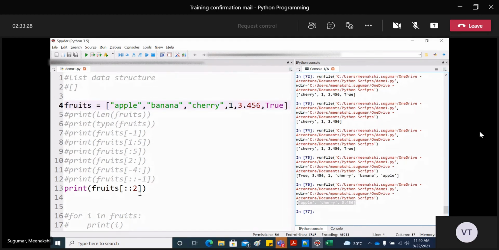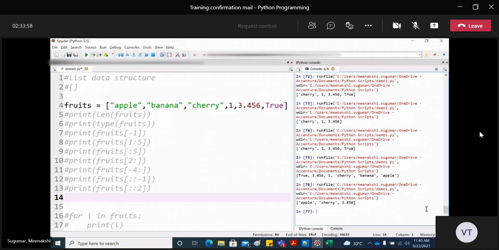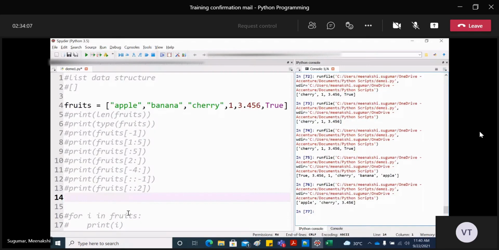And till now, any doubts in this indexing concept, guys? Okay, let me go with